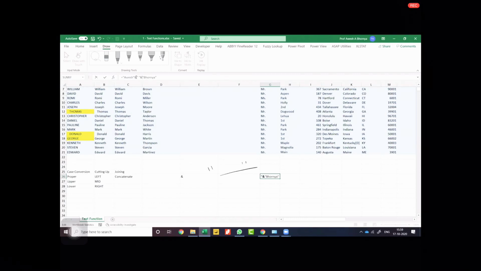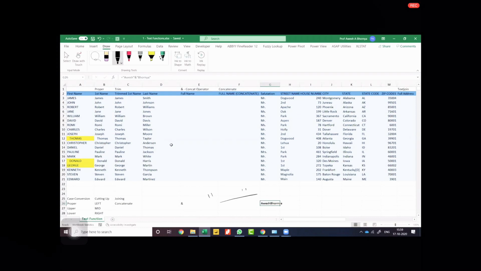Okay, and you can also refer to it from any particular set of cells. Like for example, right now here, I'll just show you. Right now, I have got my name put in the proper format with the space. But in this case, when I have to create the combined name, I don't have to put each of these names in double quotes. Why? Because these names are already ready for me in a cell. I have referred to them from the cells over here.